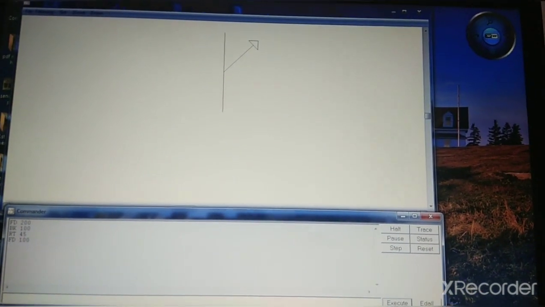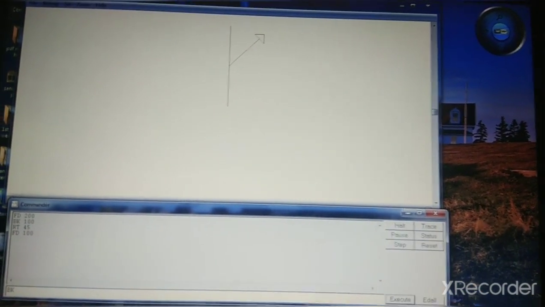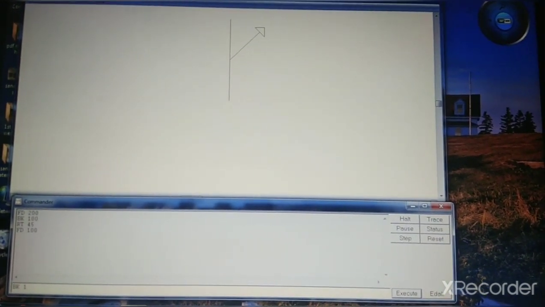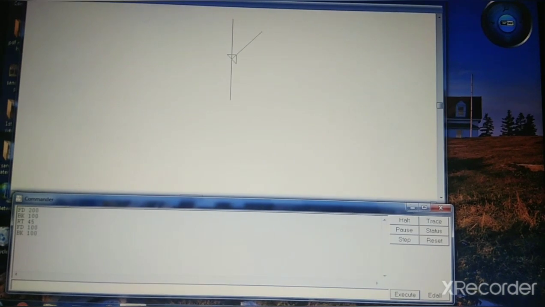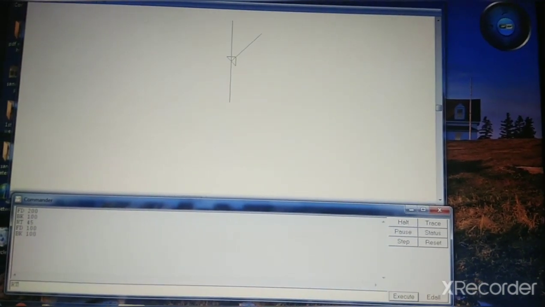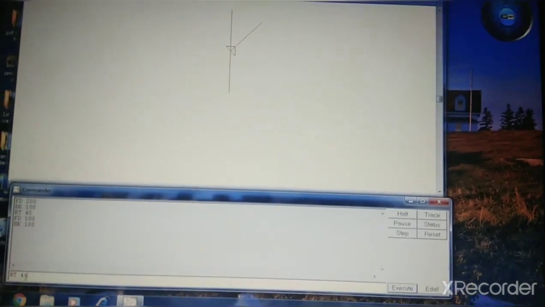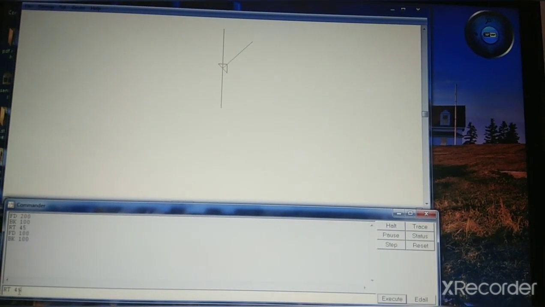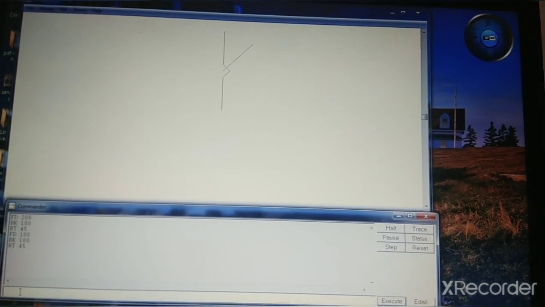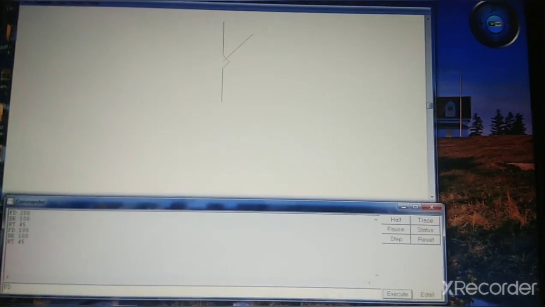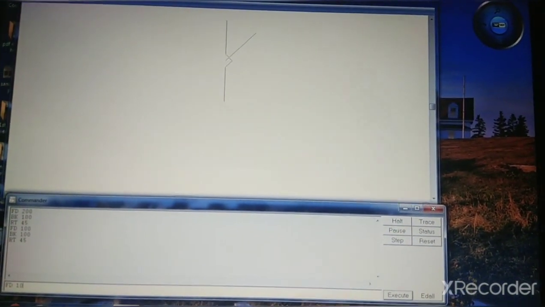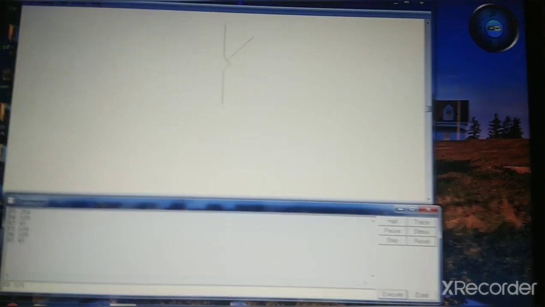Now again take turtle back, BK 100. How much will we take back? 100. Now again take a right turn of 45. Right turn of 45. Now again tell turtle to move forward. Take turtle forward, type a primitive FD 100.